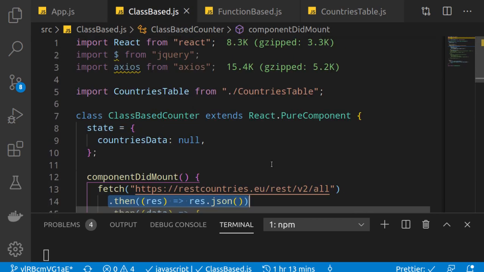The first thing we need to understand in React is that fetching some data from the API is considered a side effect. For any side effect, you need to implement that particular logic in componentDidMount, right? Because we do not implement such functionalities in our render method, we implement such side effects in our post render method, like componentDidMount. This is the lifecycle method which runs after the render is complete, and whatever side effect we want to implement. Side effect means like binding some event or fetching some data.